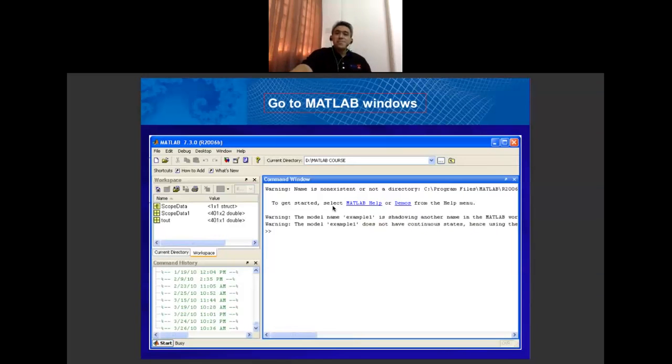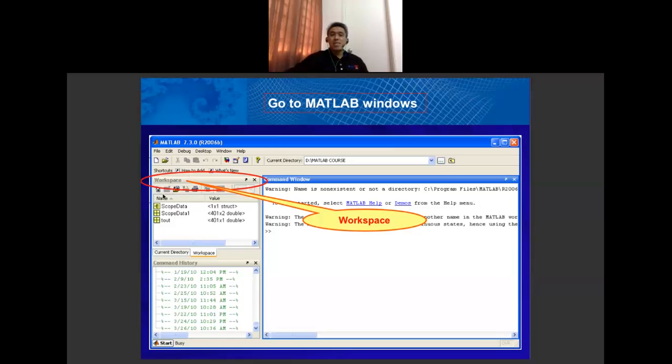Okay, then go to the MATLAB window. At the workspace, you can find your scope.